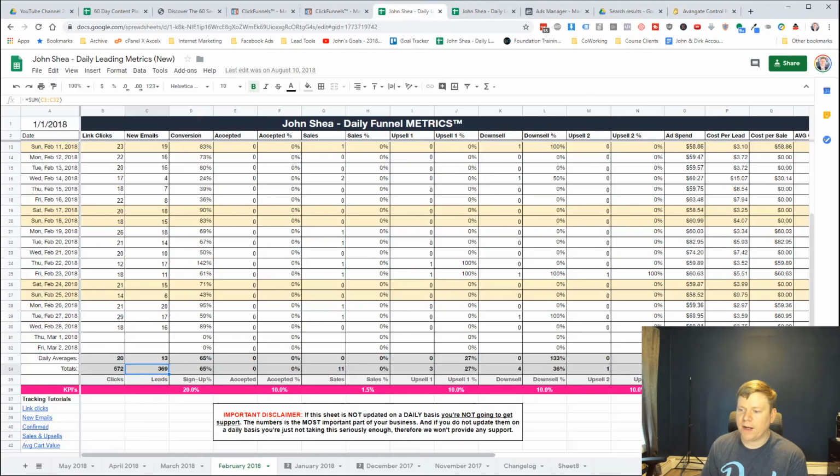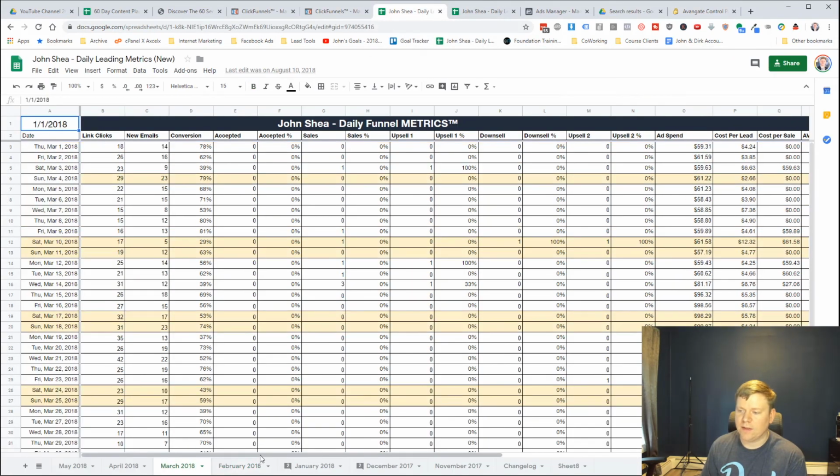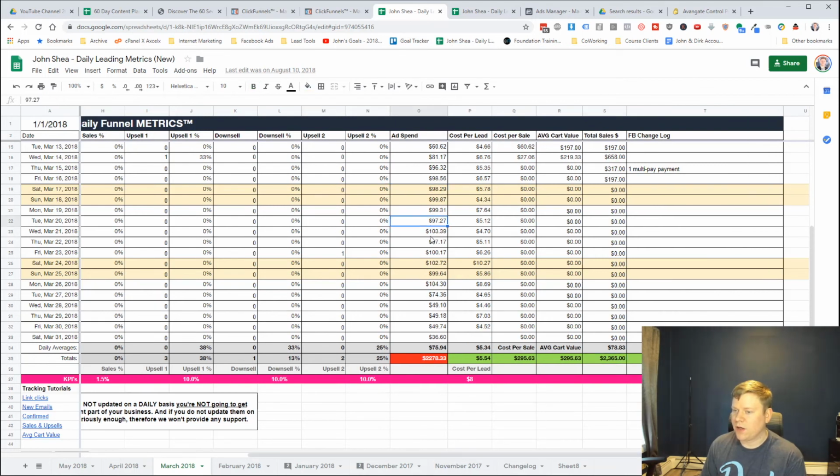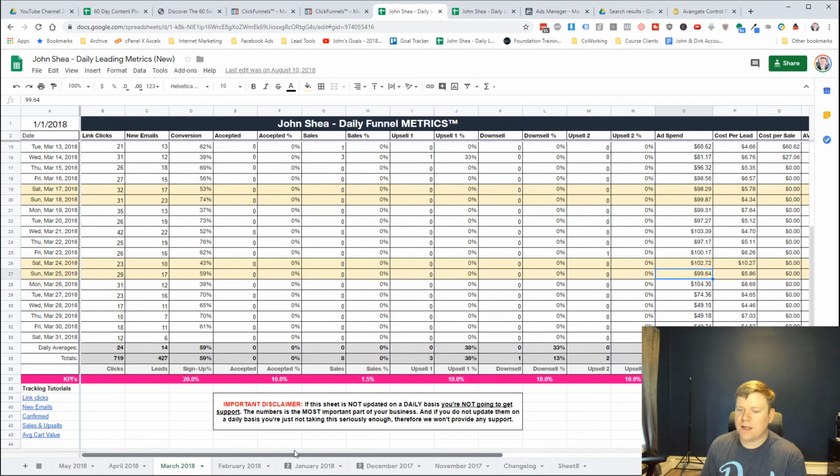Now, if we come back, we kind of continue through the remainder of that year. March, I ended up spending $2,200, but made $2,300. Now, this month obviously was not as good. I was starting to increase my spend. You can see I was spending upwards of $100 a day. And in a lot of cases, I was able to get quite a few more leads, but I wasn't making